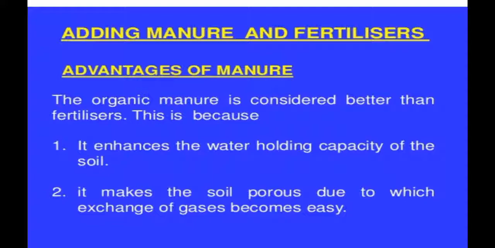Then humus we have discussed. Manures are not rich in specific nutrients, but fertilizers will be rich in specific nutrients for us. Then manures are made in a compost pit, so no air pollution will be there, but fertilizers are prepared in factories, so they will be leading to pollution, and when applied on fields they cause water pollution as well as agricultural runoff.